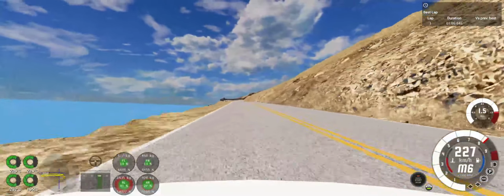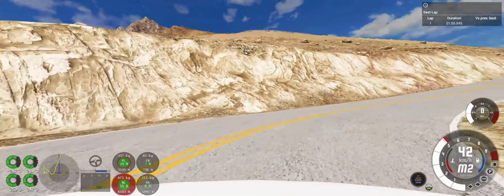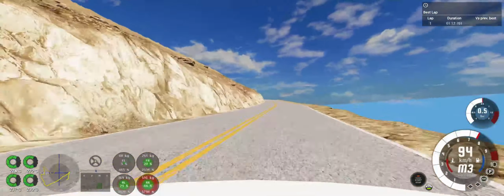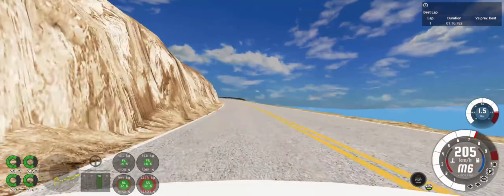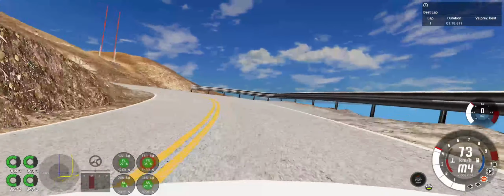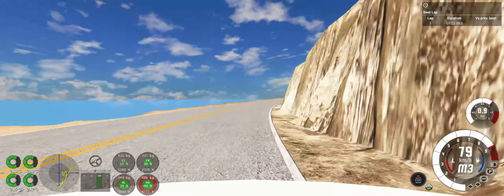So here, brake, instead brake there. See how much later that is? That's probably about 20 meters shorter. It is frightening how much later you can brake. Though here I did accidentally brake maybe a little too early, but I was able to still get it around